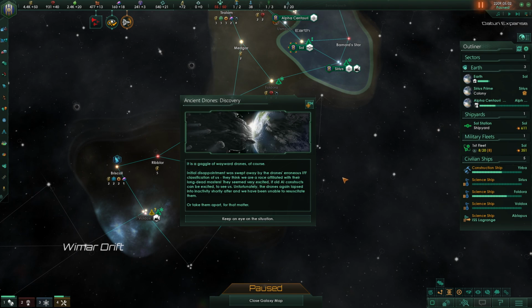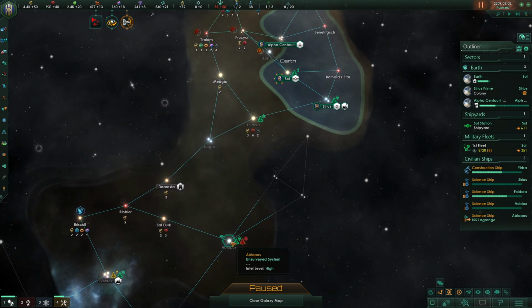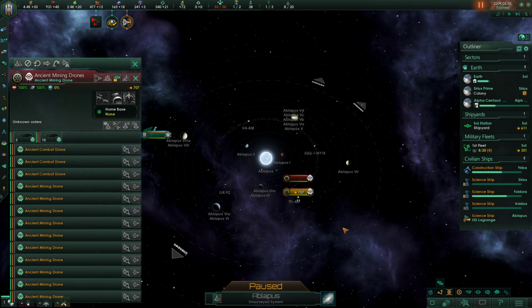Initial development was swept away, disappointment rather, was swept away by the drones' erroneous IFF classification of us. They think we're a race affiliated with their long-dead masters. They seem very excited, if old AI constructs can be excited, to see us. Unfortunately, the drones again lapsed into inactivity shortly after, and we've been unable to resuscitate them, or take them apart for that matter. We'll just keep an eye on that situation, and we see that there's additional mining drones over